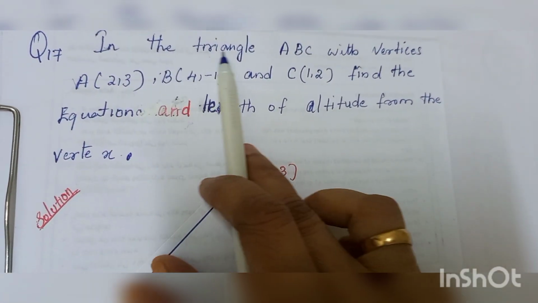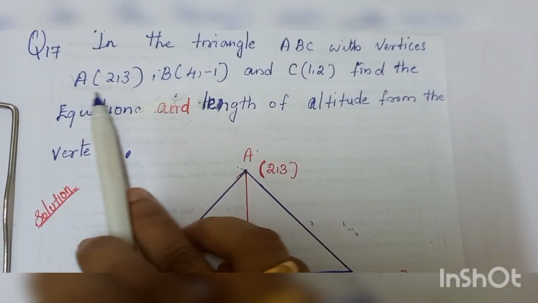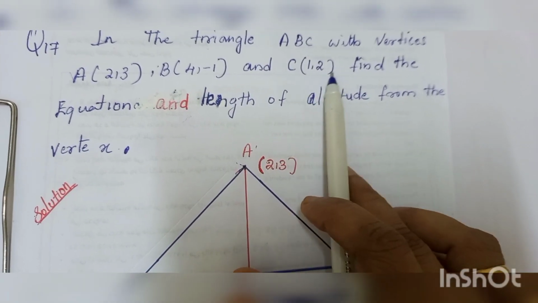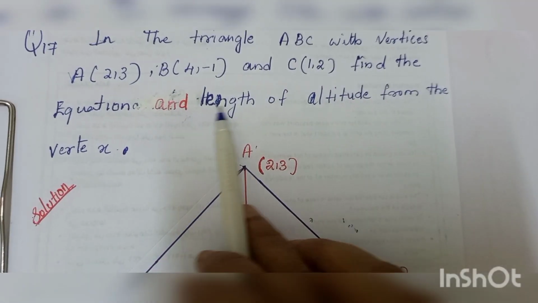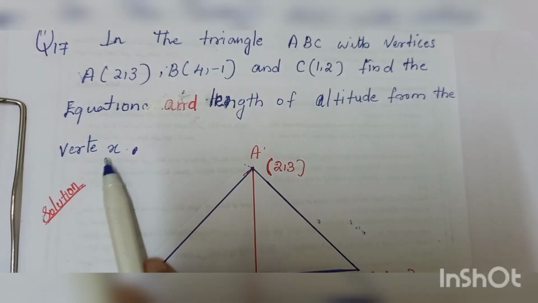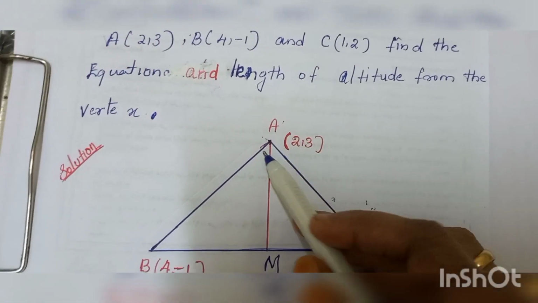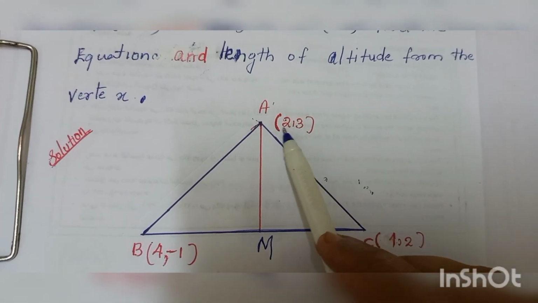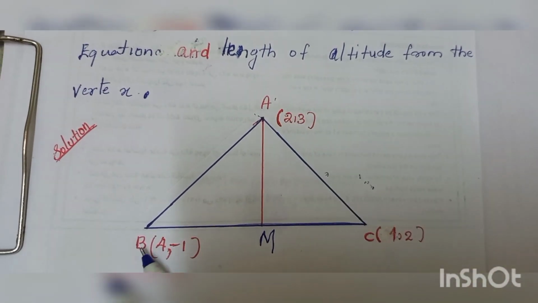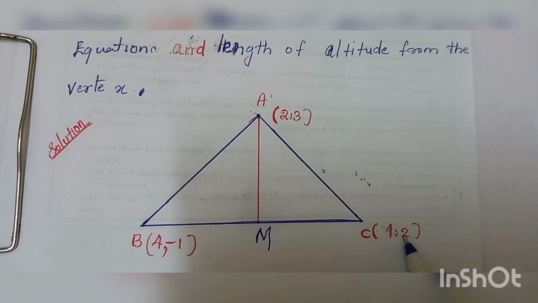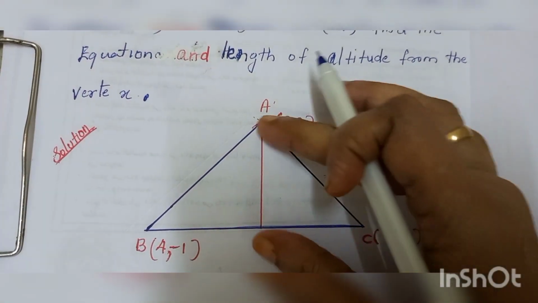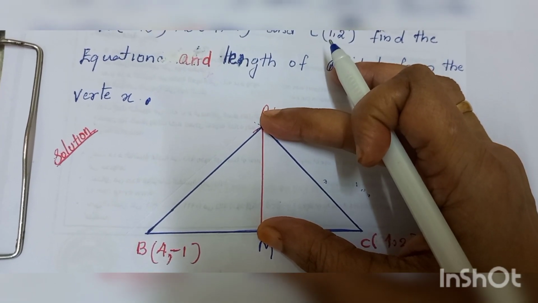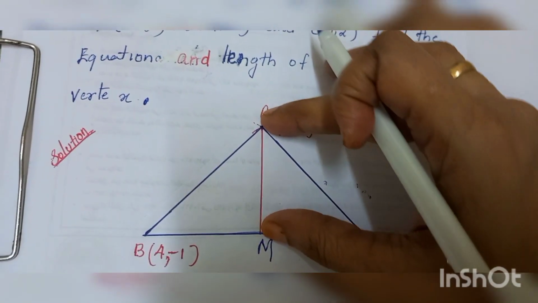Question number 17. In the triangle ABC, the vertices are A(2, 3), B(4, -1) and C(1, 2). Find the equations and length of the altitude from the vertex. So this is a triangle ABC, with vertices A(2, 3), B(4, -1) and C(1, 2). Here we have to find the equation of this altitude and the perpendicular distance